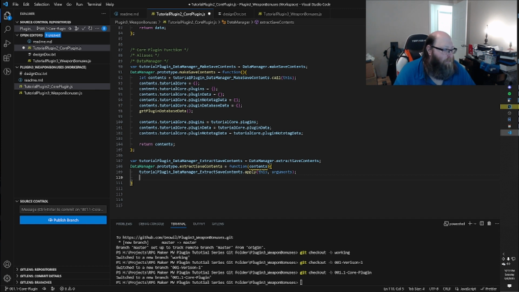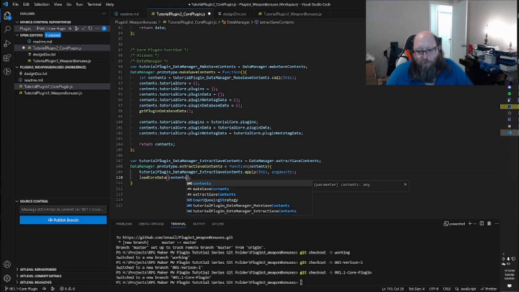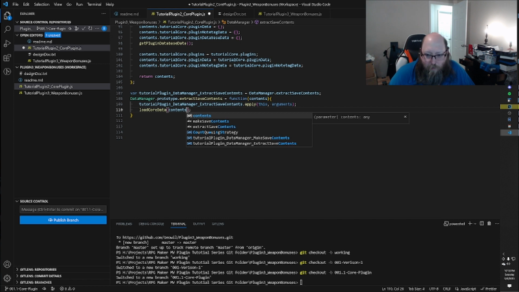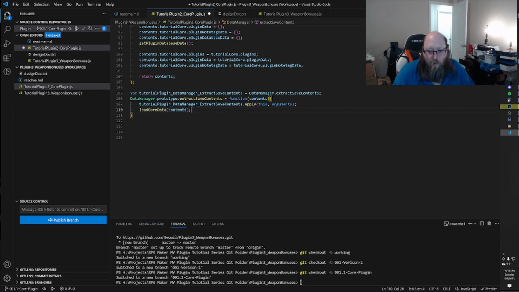Now we need to do stuff for ours. So we're going to call a function called load core data to handle that, and we're going to pass through... let me see, load core data. Oh, I missed one specific step. Actually, we probably don't even need this. I did this for the sake of whatever. I'd like a temporary parameter to store data to load in with, but we don't really need that. I'm not sure why I did it that way. We can just pass the contents to that. So we have that. Then, once that's done,